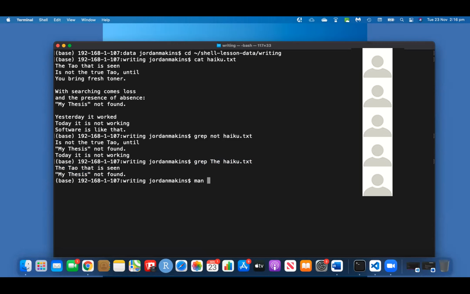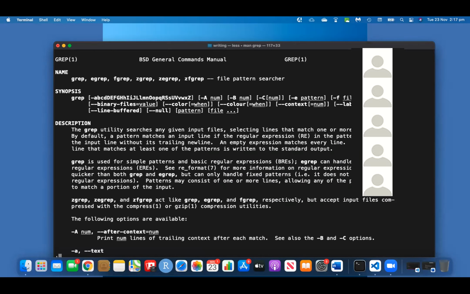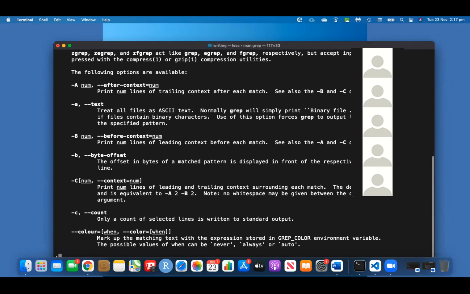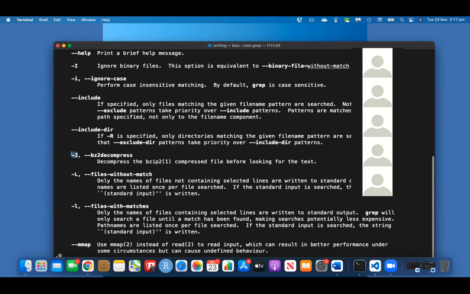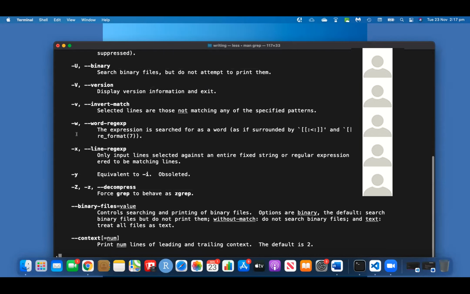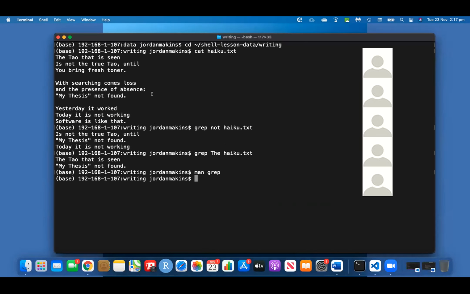So if we go to man, or if you can't use man, you'd use help. But for my Mac, we'll go to man grep, and we can see all the different command options here. The one we're interested in is w, so word-regexp: the expression is searched for as a word. So I'm going to press Shift ZZ to get out of there. And if I use the w option for haiku.txt,